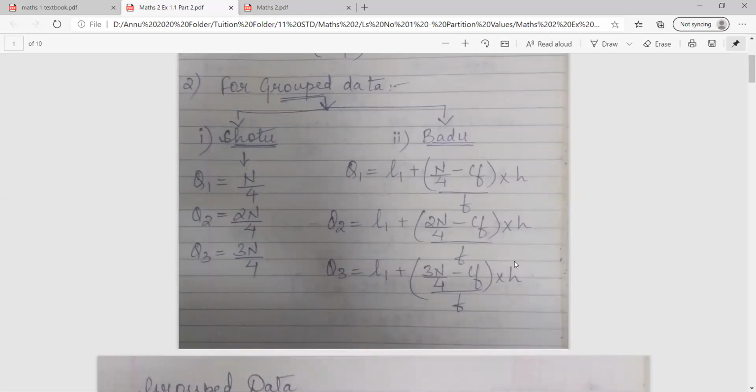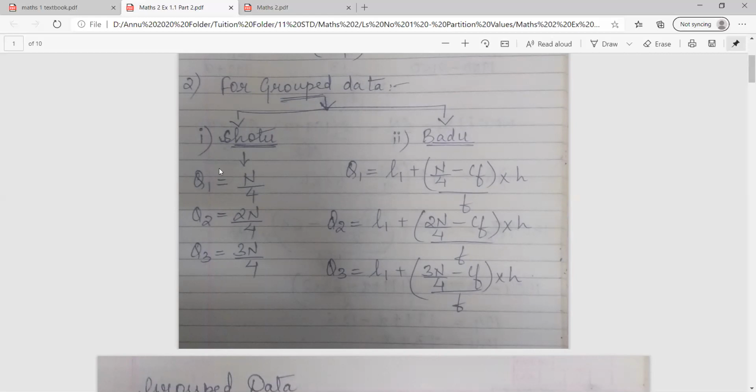Whenever you solve a sum on grouped data, always remember there are two types of formulas which you have to use. For your understanding, I have used the words chotu and badu. First use the chotu formula, after that put the badu formula, because the sum is on grouped data and groups are usually more than 2 people, correct? So whenever the sums come on grouped data, always remember, class, you have to put two formulas. First the chotu one, then the badu one. That is chotu and badu.